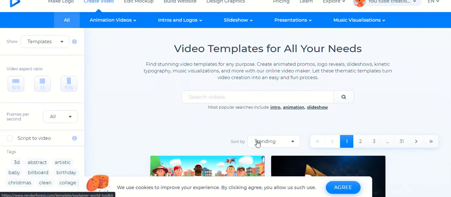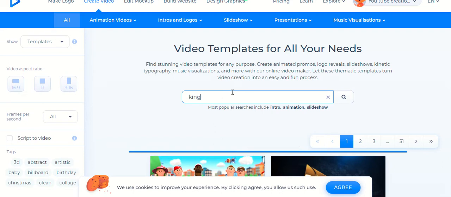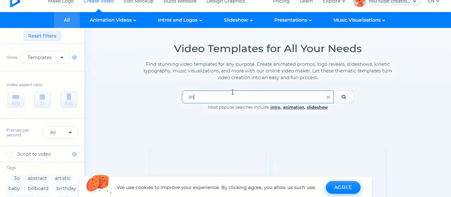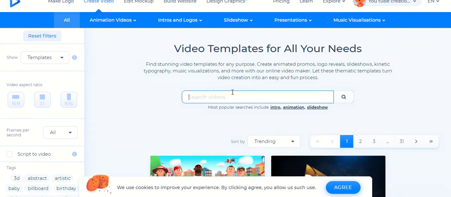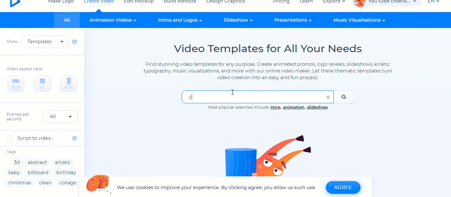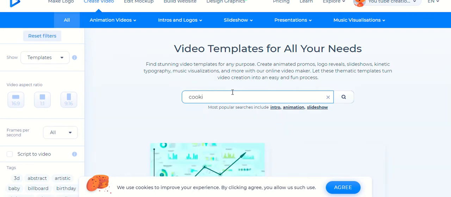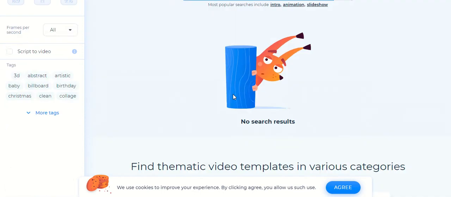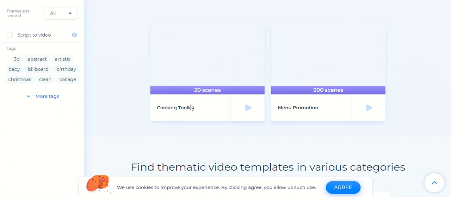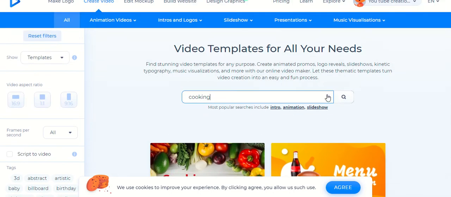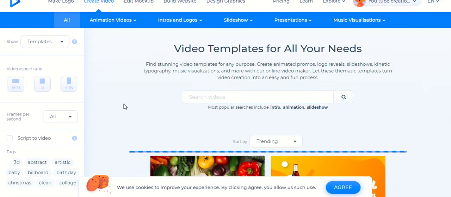For example, let me show you a cooking toolkit. You can do this video of a cooking toolkit or whatever you want with this renderforest.com.